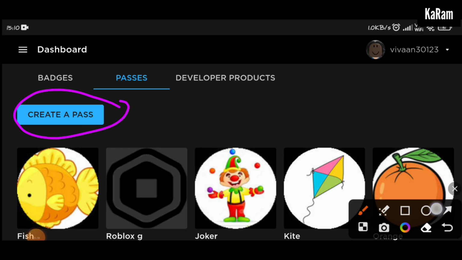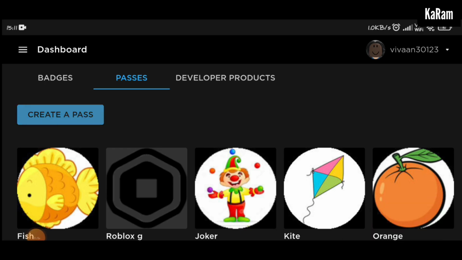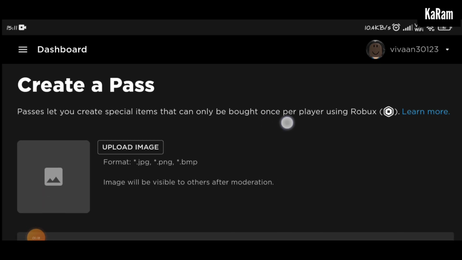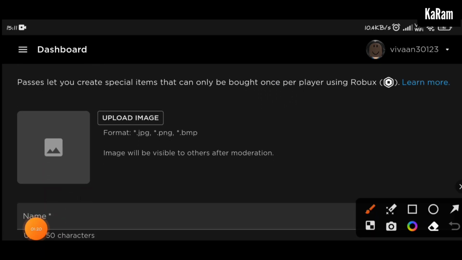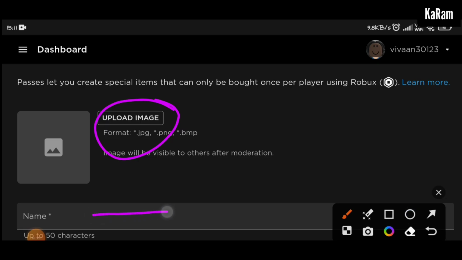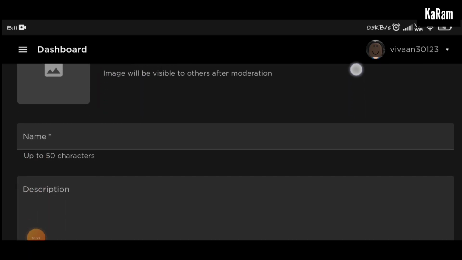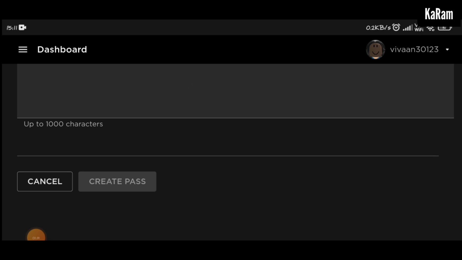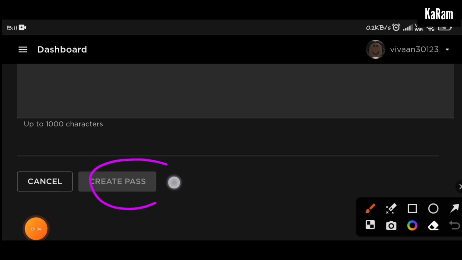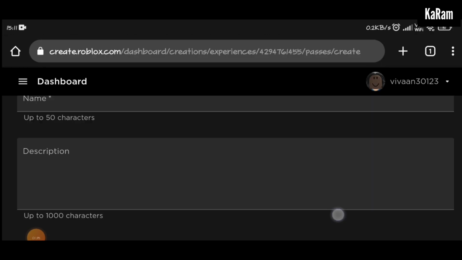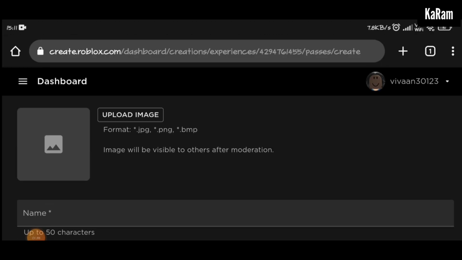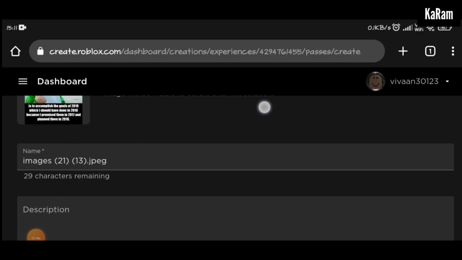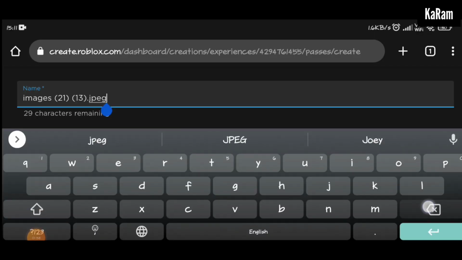Fine, just tap on it to create a game pass, and now it will ask you to upload an image of the game pass, enter the name of the game pass, and enter the description. And to create the game pass, just tap on this button, create game pass or create pass. So I'm gonna upload the image of the game pass. So now just name it,